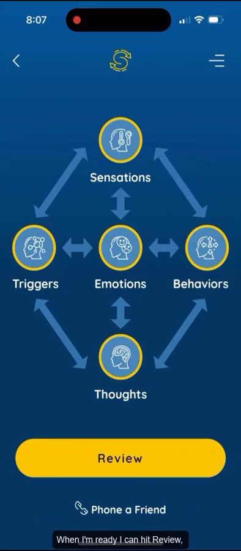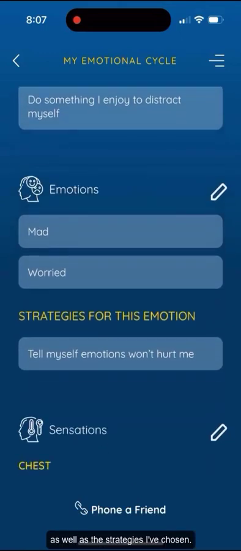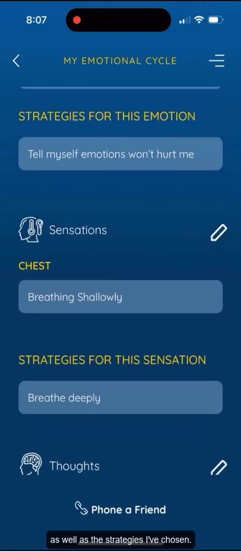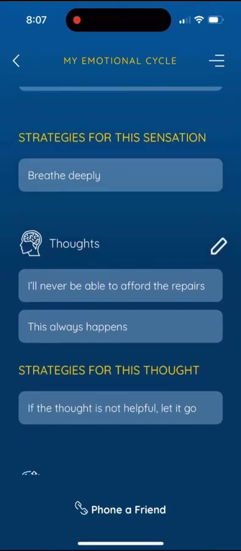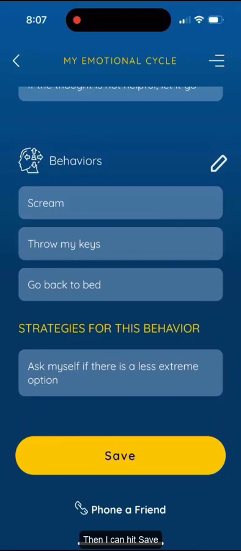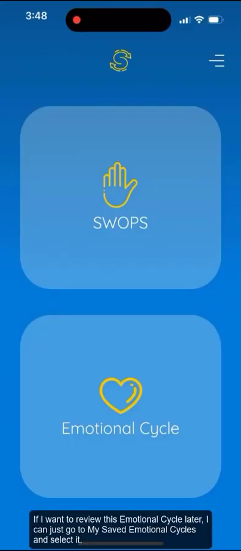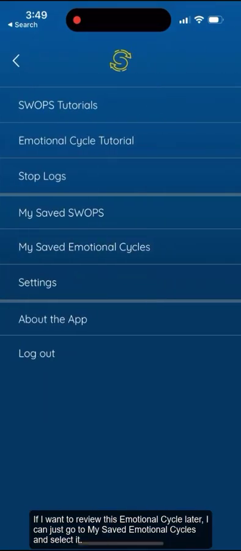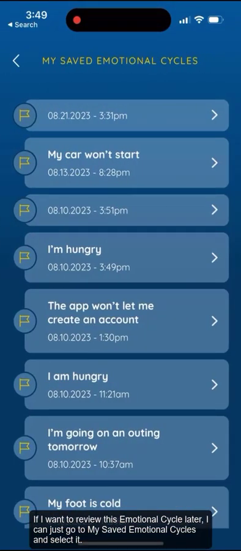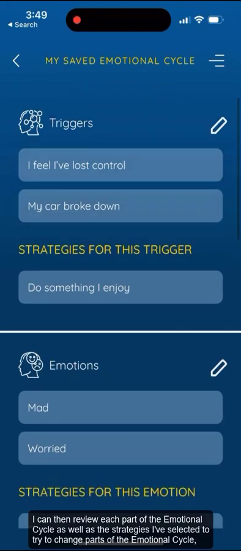When I'm ready, I can hit review, and then I can take a look at all of the different parts of the emotional cycle that I've identified, as well as the strategies I've chosen. Then I can hit save. If I want to review this emotional cycle later, I can just go to My Saved Emotional Cycles and select it. I can then review each part of the emotional cycle, as well as the strategies I've selected to try